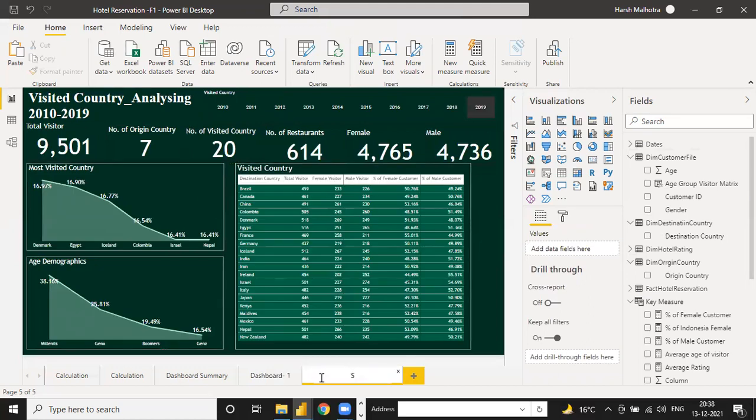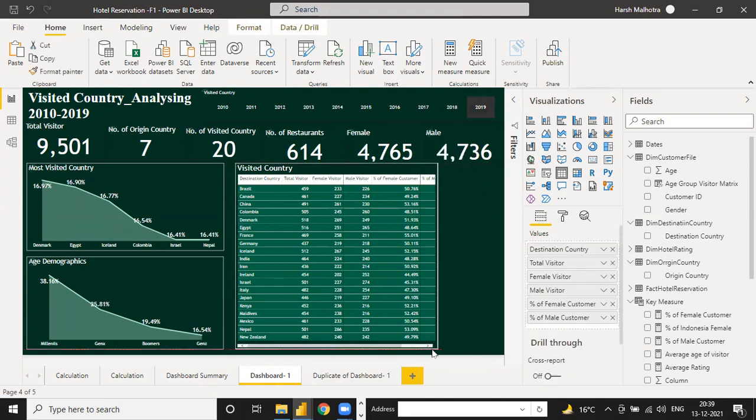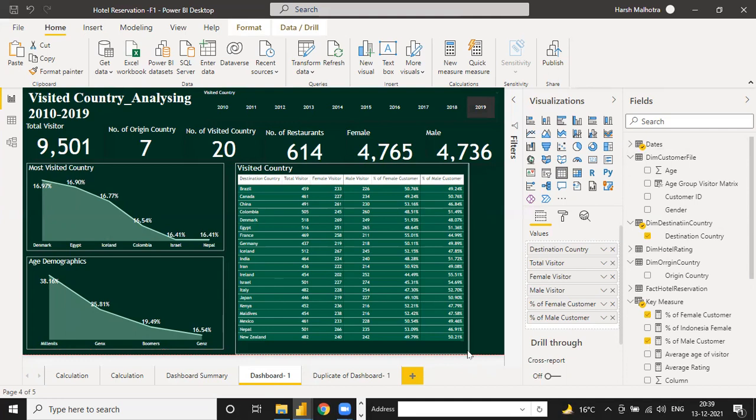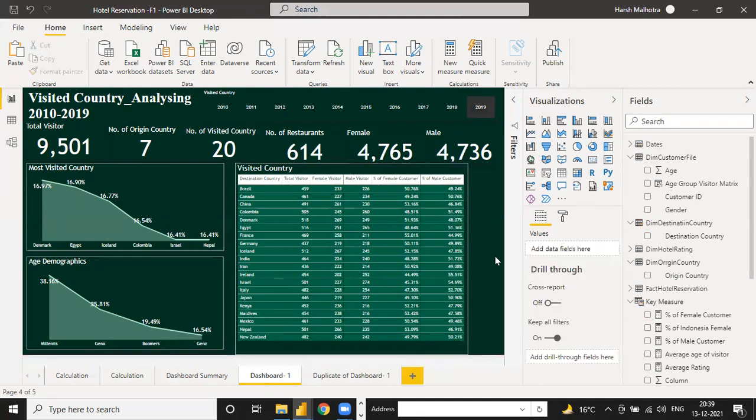Harsh, I have one more question. We have these countries here, and on the page I just want any five, not in a sequence or something. I want to select some, like Canada, China, Japan, Kenya. I mean, randomly I want to select. So, can we do that? Like a country wise filter, yes, you can do. Not on the basis of total visitors or something. I want to select randomly any particular country's data.